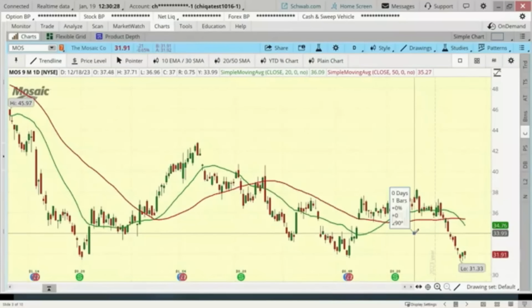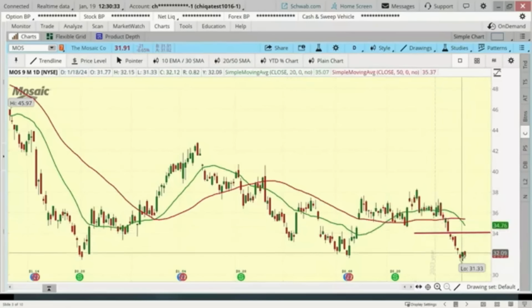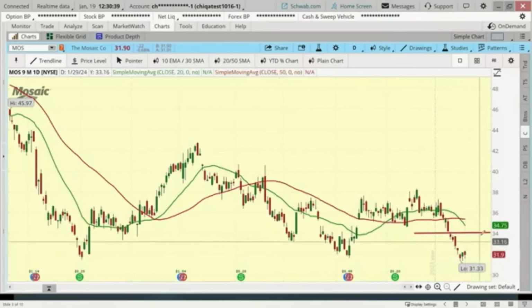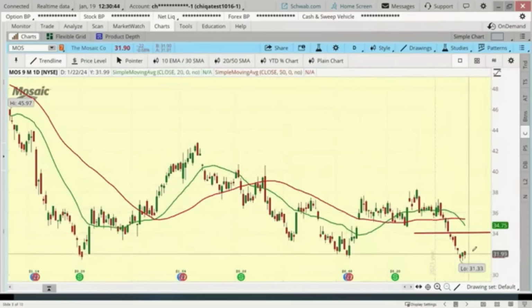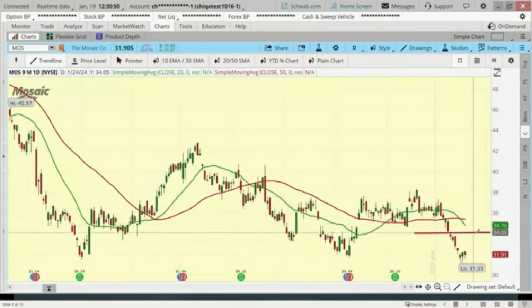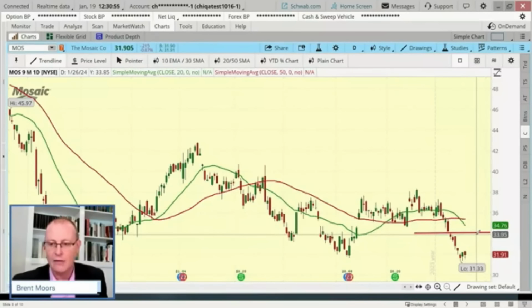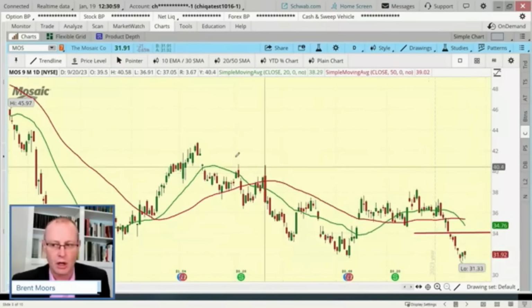Let me just draw a line right there just for our reference. About 34, kind of right in that range there. If I don't think the stock's going to stay below 34, I wouldn't do the trade. But in this case, generally it's kind of gone down, relatively bearish. And we know there's roughly a 33% chance of it going above there, which implies there's about a 67% chance or something like that of it staying below this level. This is a short call vertical.